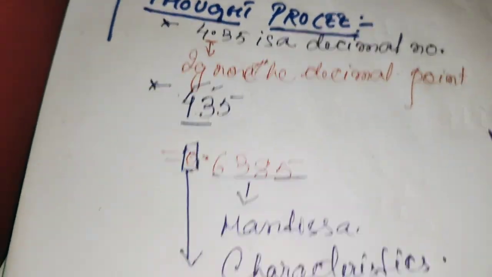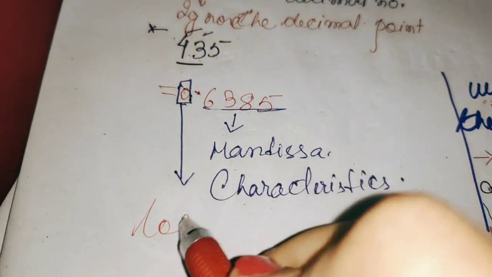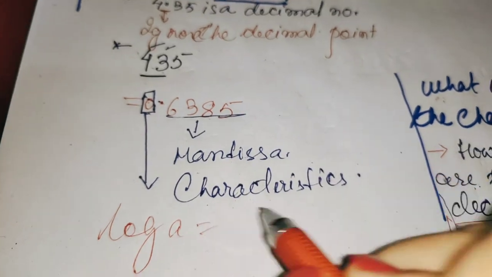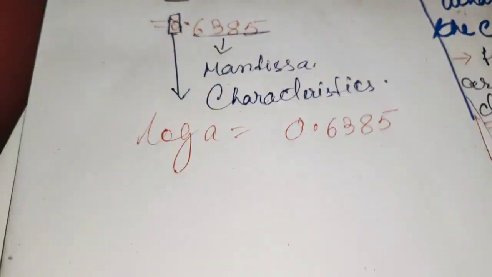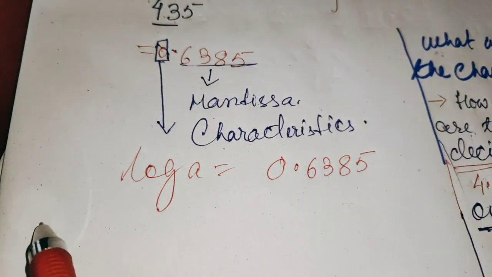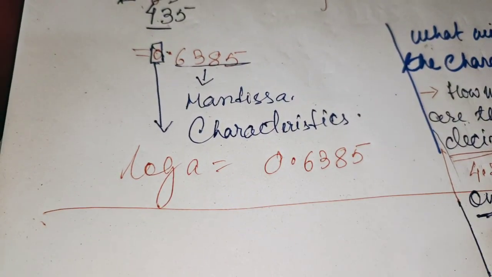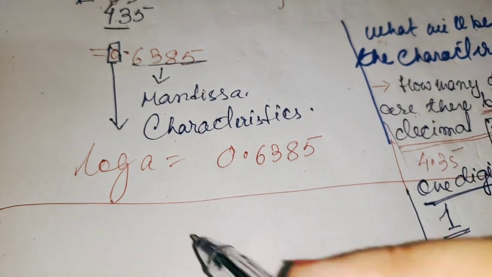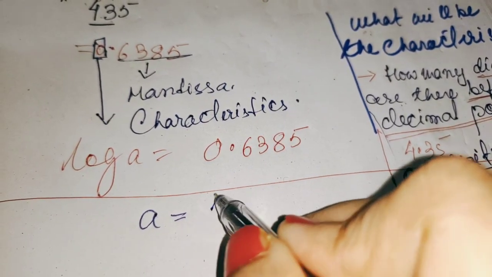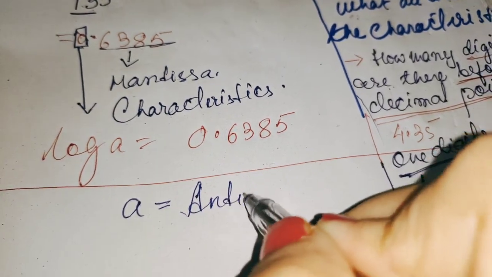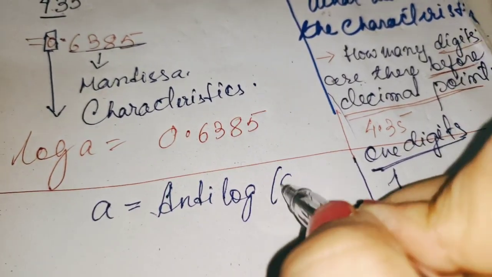So ultimately log A is equal to 0.6385. Now let us go in reverse. How can we go in reverse? Let us find out the value of A. To find the value of A, we have to find the antilog of